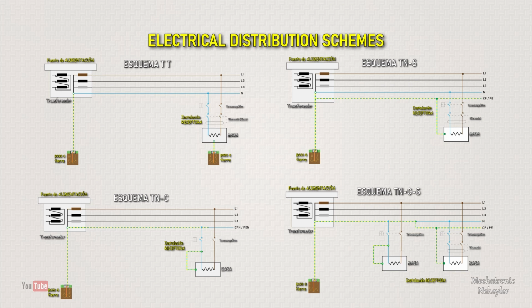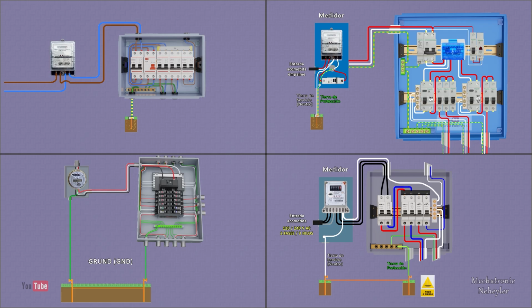In this video, the different electrical connection systems for the neutral and protective ground will be explained. In the different videos of the electrical panels, it has generated confusion in some of our friends due to the way in which the protective ground cable is connected with respect to the neutral. For example, in Peru and Argentina, the connection of the ground cable is different from that done in Chile or